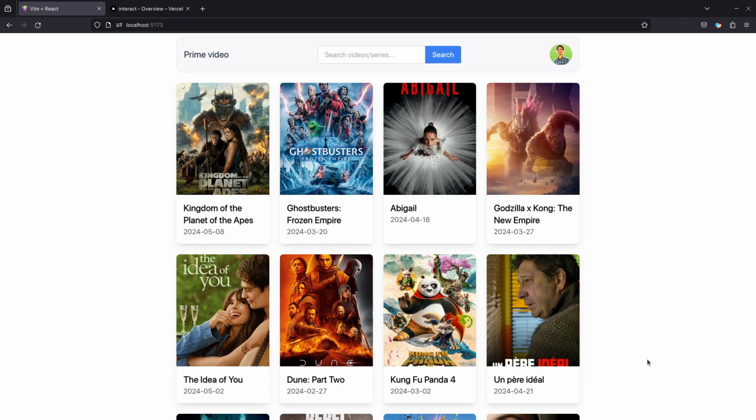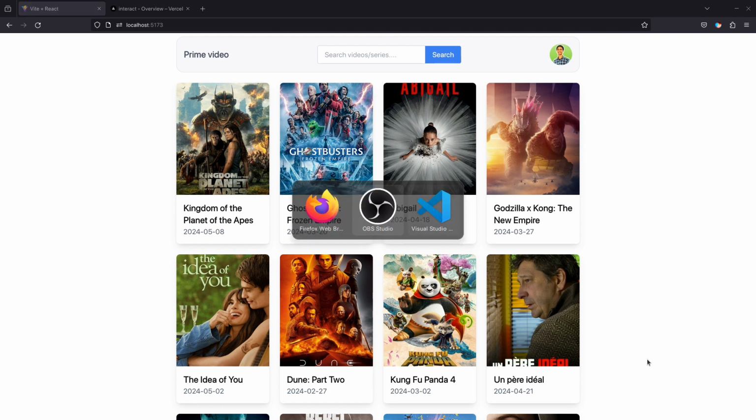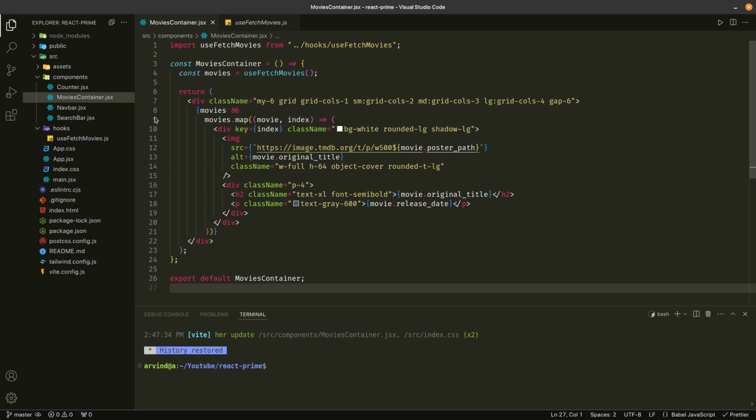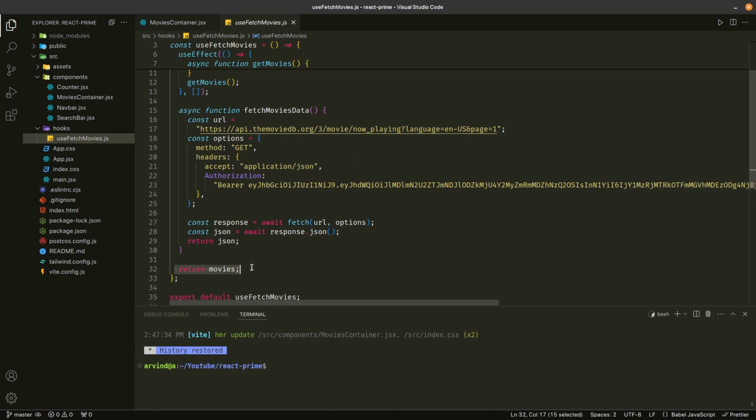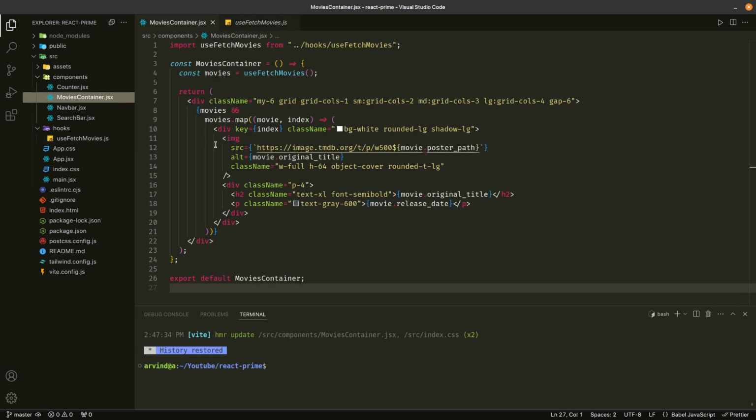Hi everyone, welcome back. In the last video, we learned how we can write our own custom hook, and we wrote our own custom hook. Let me show you. It is called useFetchMovies. This hook we are using to fetch movies from TMDB and we are returning the list of movies from it. And we are using this hook in our movies container. Okay, and our movie container looks really clean now,